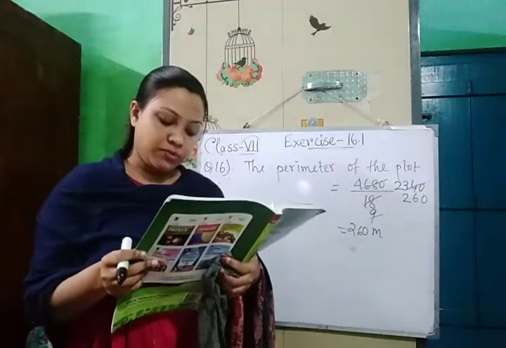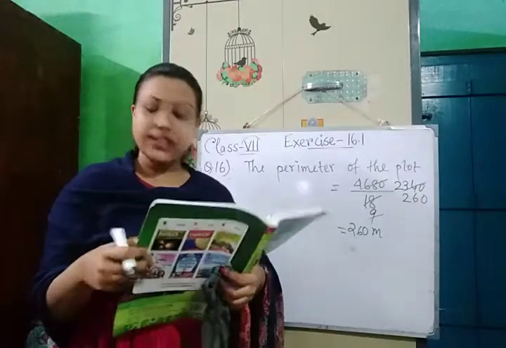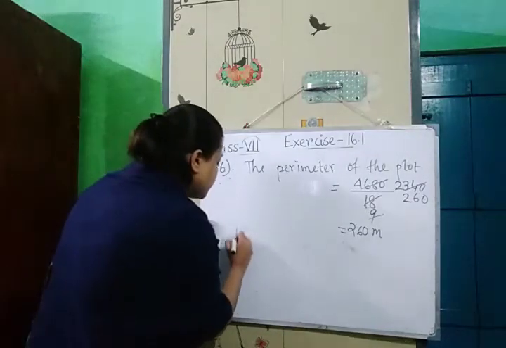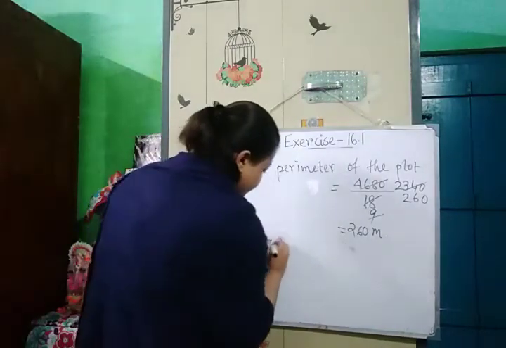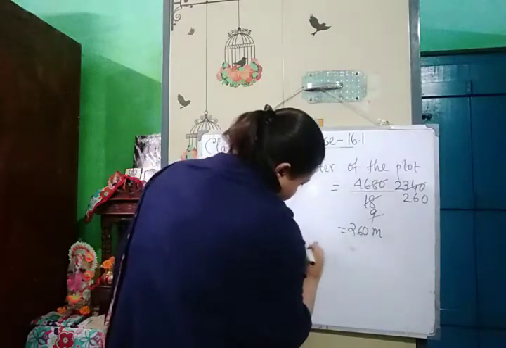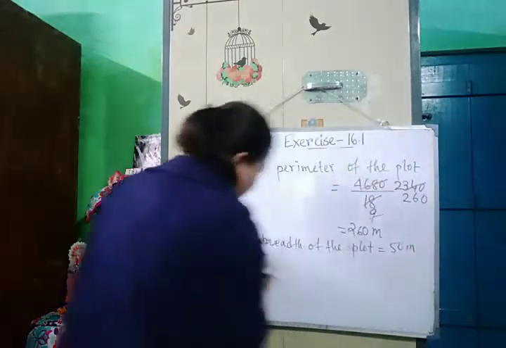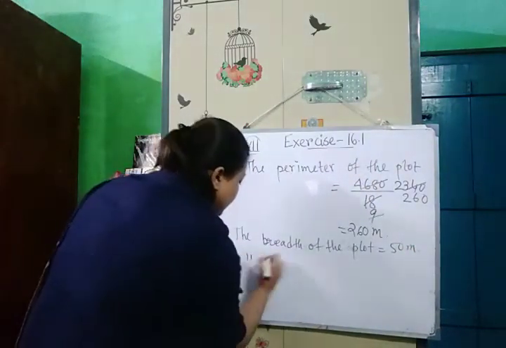Now the length of the plot is not given, the breadth of the plot is given. We have to find out the length of the plot. So the breadth of the plot is equals to 50 meter. Therefore, the length